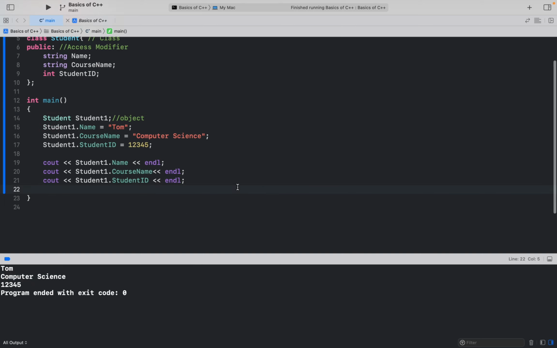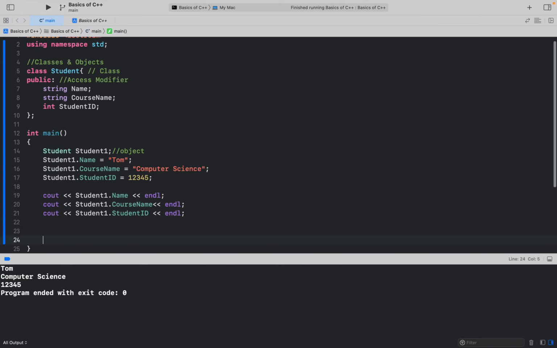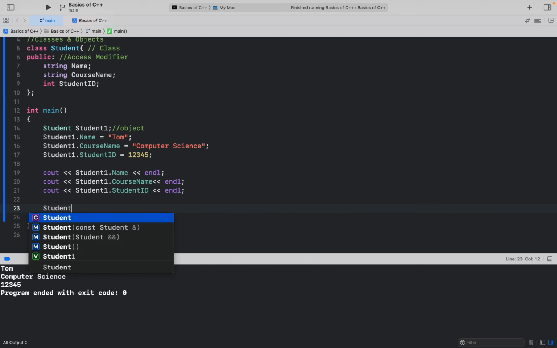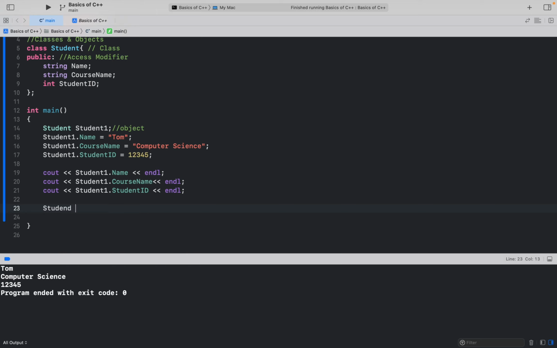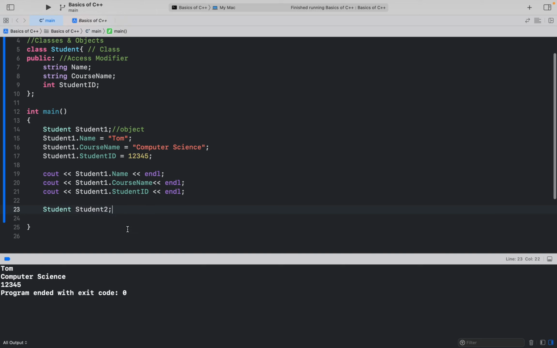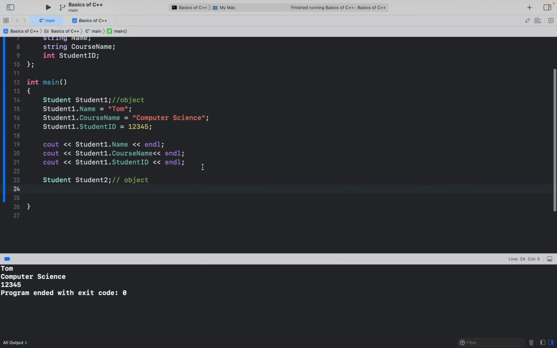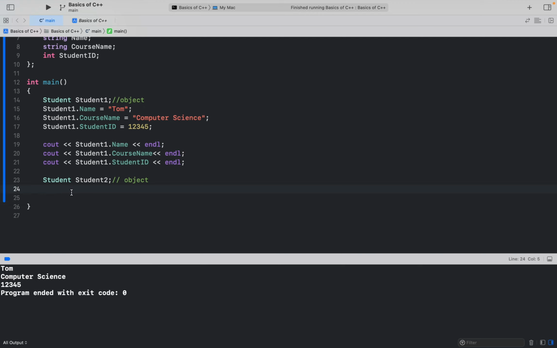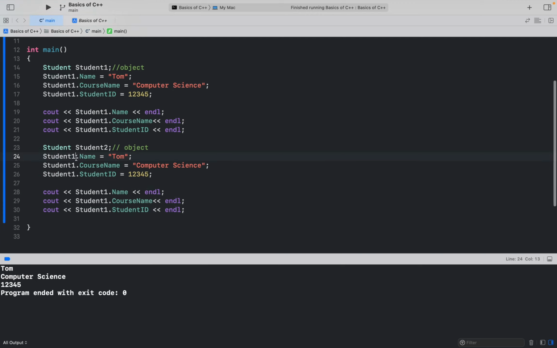Now we don't need to make other variables or another class to make another object. For example, we can simply once again assign student. So this is our class. Then what we're going to do is write student2. So now we have a second student, and this is an object. So we have a second object for the second student, and now we can simply copy this, paste it here, change this to 2,